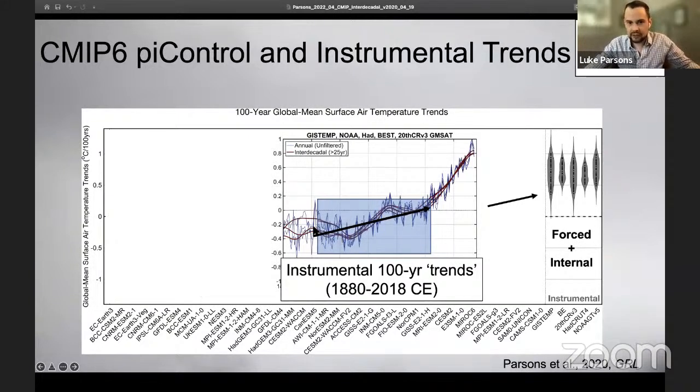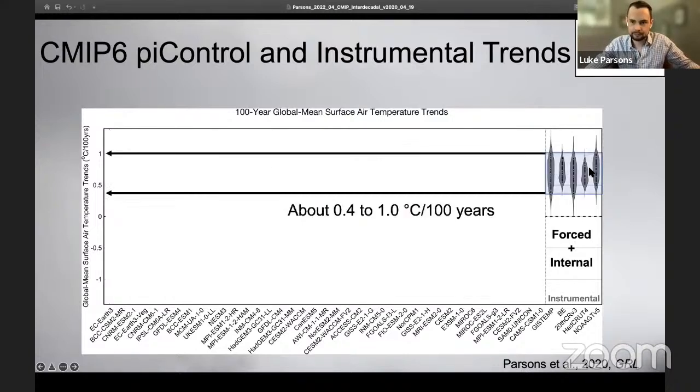So let's do the same thing from 1880 up to the present and just slide our 100-year window through the instrumental data. And that's what these histograms violin plots look like over here on the right. So we have our NASA GISS temp data and we have our Berkeley Earth data. So each one of these data sets from the instrumental data. And you'll see that there's about anywhere between 0.4 degrees of warming per century if we just look at that time period, 1880 to 1980, versus if we get up to the last 100 years, there's about 1 degree of warming per 100 years, or a linear trend.